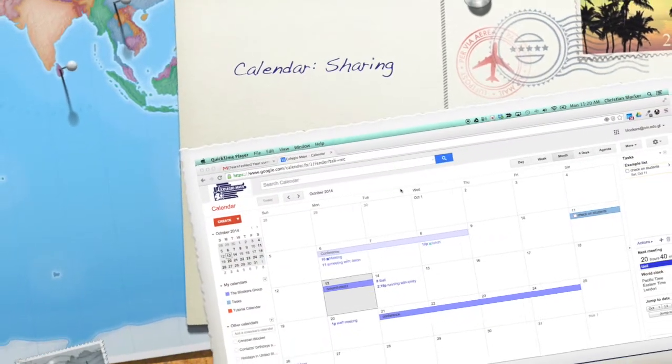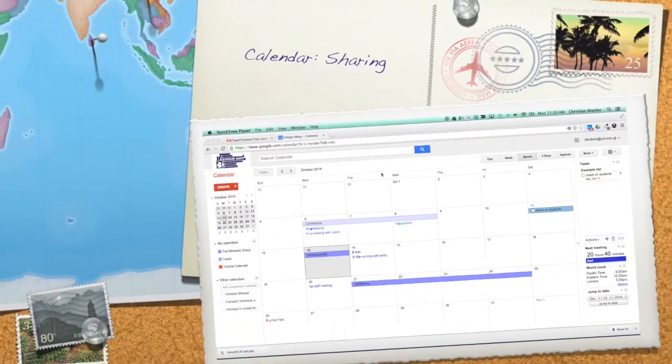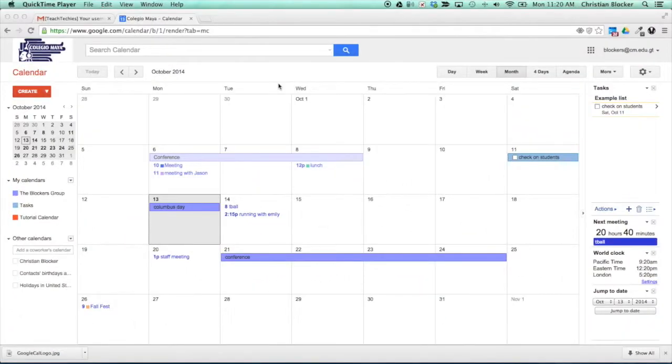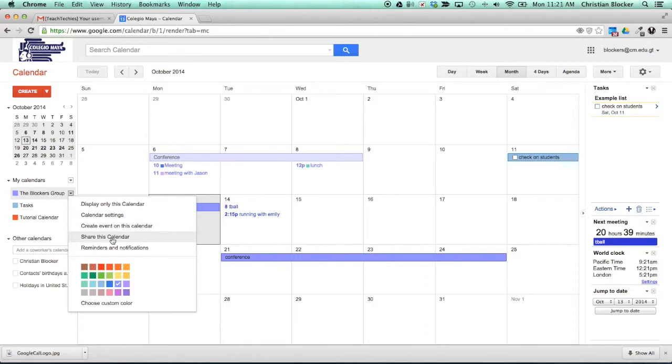Hello. In this tutorial, we're going to discuss how to share your Google Calendar. There's a couple of different ways you can share your calendar. If we go right here to the left-hand side under My Calendars, if we click the drop-down arrow and hit Share this calendar,